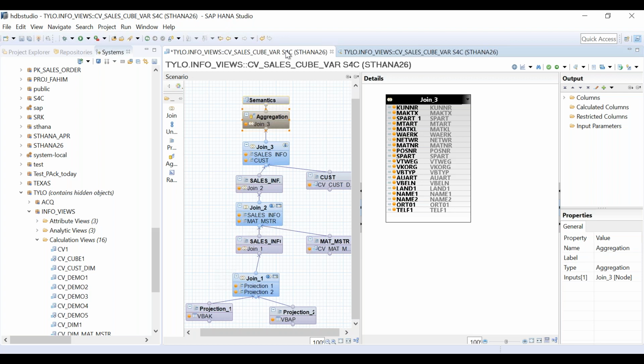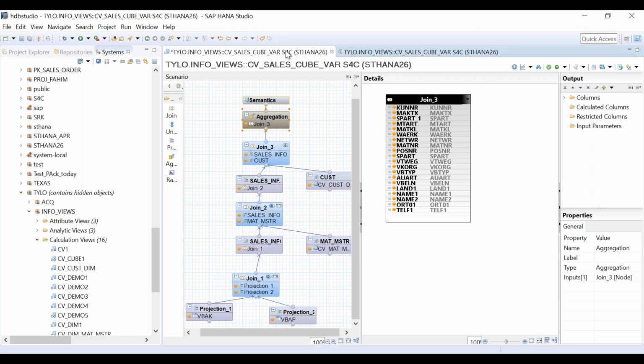The ideal answer for why you need the variable is that variable also serves the same purpose as input parameters, no problem, that is fine. But if the volume of data coming inside your calculation is not very heavy, you can still go with the variable part. But the thumb rule, always remember, use input parameter. Why? Because it is faster. Why is it faster? Because you can filter the data at the beginning.